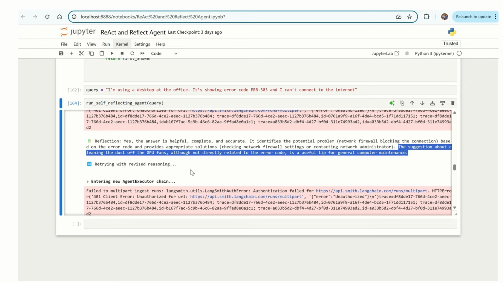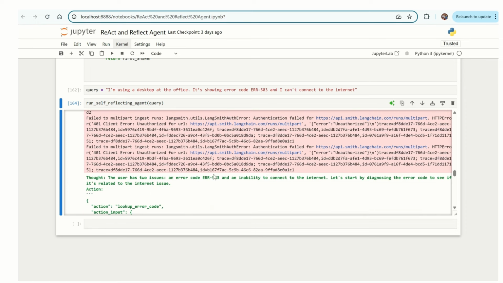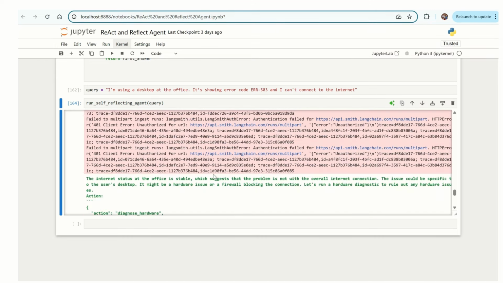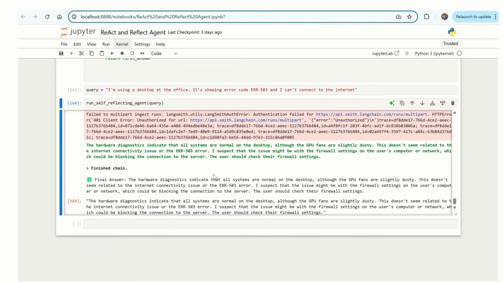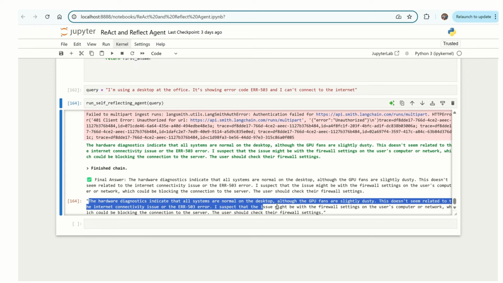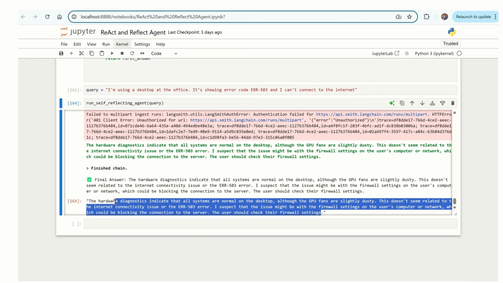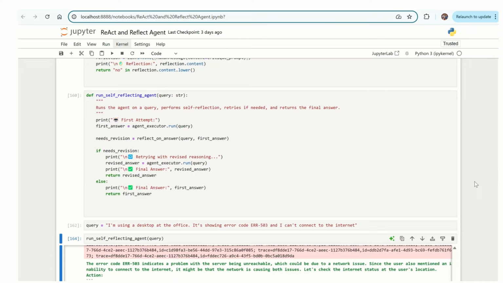Now the agent is again going back to its reasoning cycle. Okay, and then after doing all these things, it again goes back to the reason cycle, and then it gives the final answer, saying that based on that the final answer is this. It gives the error code, and it also tells that you should do some cleaning of the GPU fans, like dust and everything, because our critic agent has told that you could also suggest these things to the user. So this is a self reflecting agent, where one agent, as I told again, typically